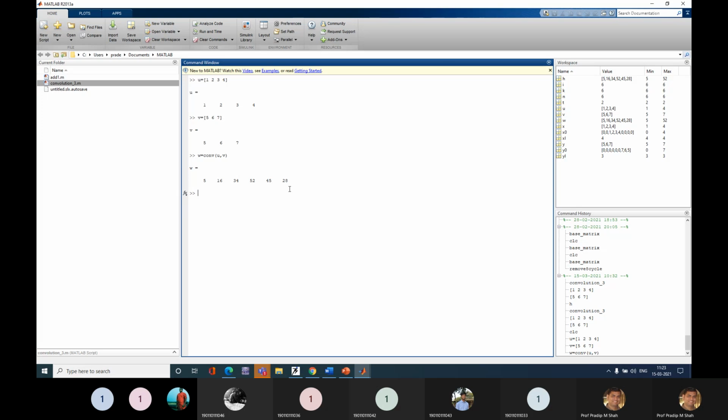The second thing you must know is the size of the output. Do you know what size of vector we get in the output when we take the convolution of two fixed-size vectors? Here you can see that the size of u is 4, the size of v is 3, and the size of w we are getting is 6.